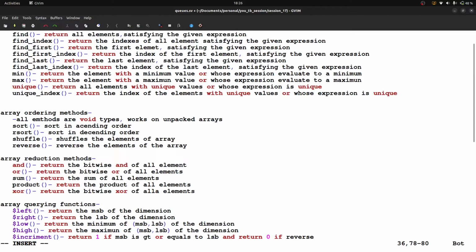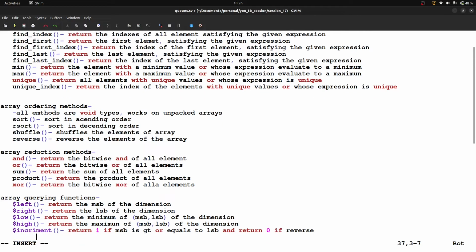Next one is $size. So return the number of elements in the array. Okay.